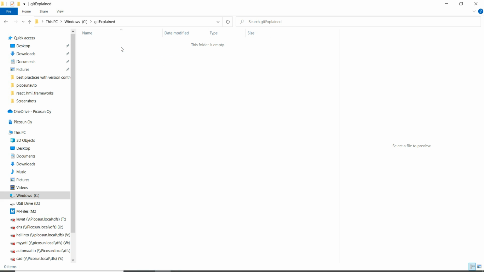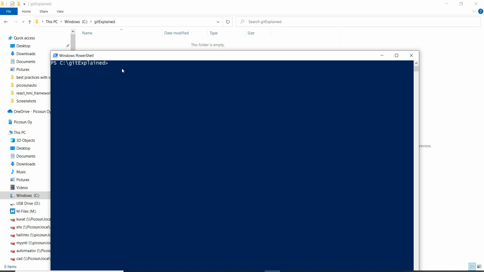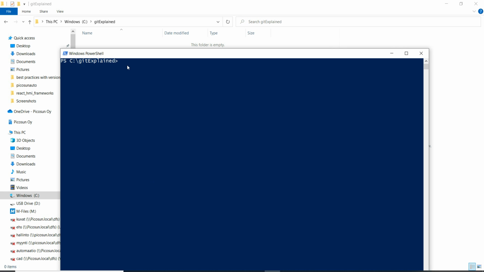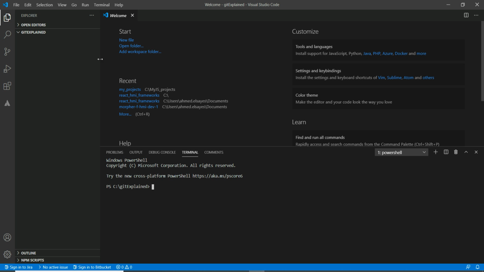As an example, go to the directory or the folder directly, and just initiate PowerShell by left shift and right click on the mouse, and you will get it here, and you can do the same as we are doing, but we are using Visual Studio Code so we can see the changes